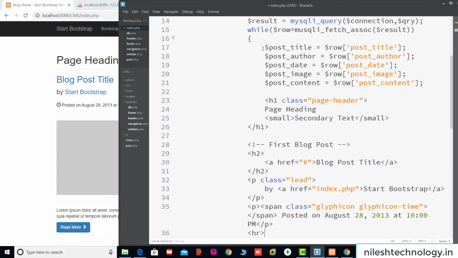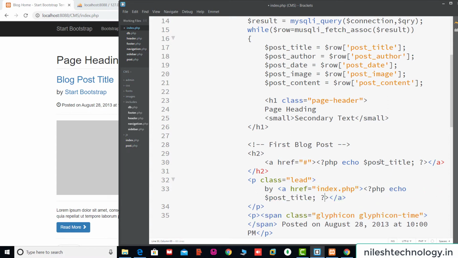Now this post title variable is added into this blog post title. So remove this blog post title and add this PHP title into this. So here we add echo. Okay, this is one semicolon. So again we copy paste this code into here. Start Bootstrap, so here we remove this Start Bootstrap and here we replace the author,